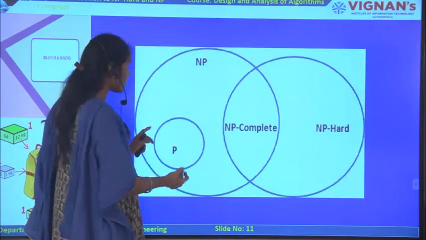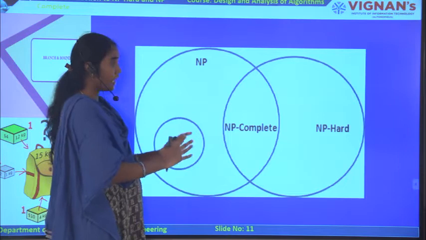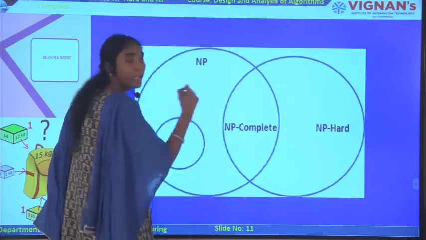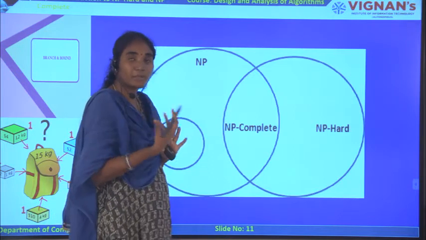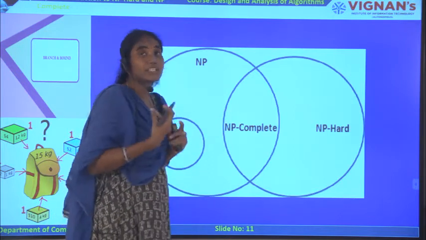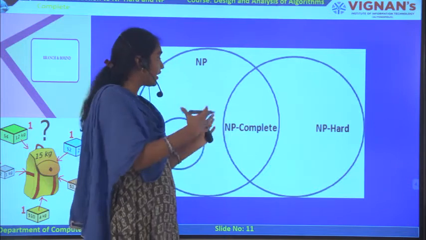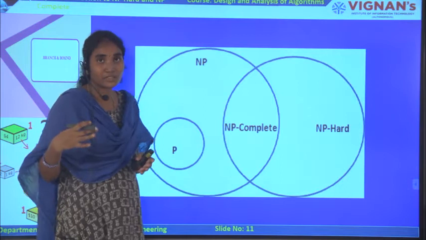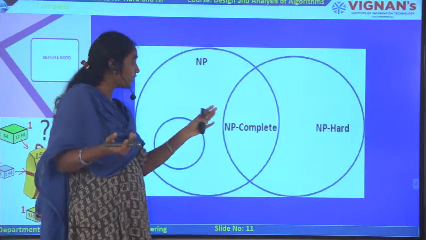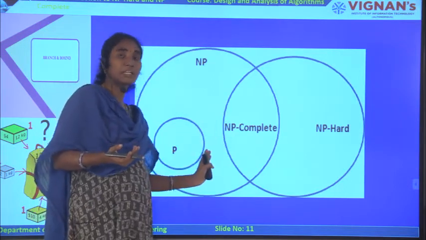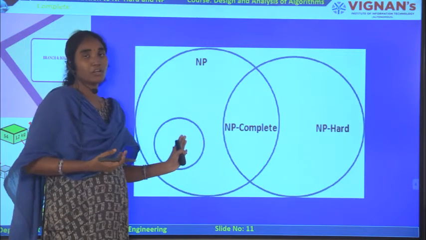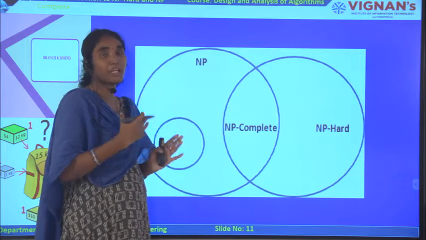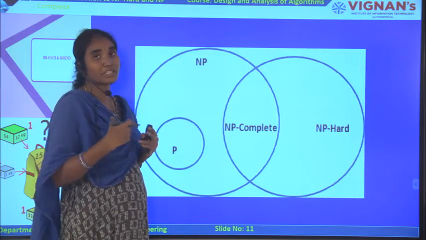Our main theme is to take all these NP hard problems and make them come under NP complete. So complete all the NP hard computer science problems and make them NP complete. And finally, after all the research of our future generation, even those NP complete problems may also come under P, that is, they become deterministic algorithms. So we are coming up with all those solutions. For that, research is presently going on.